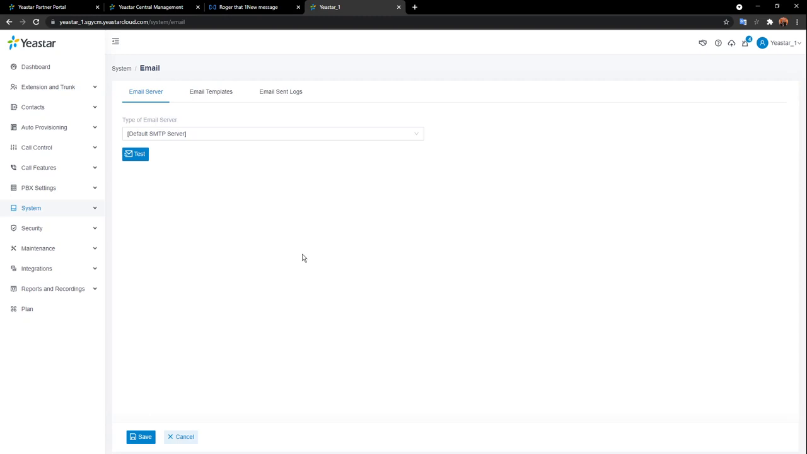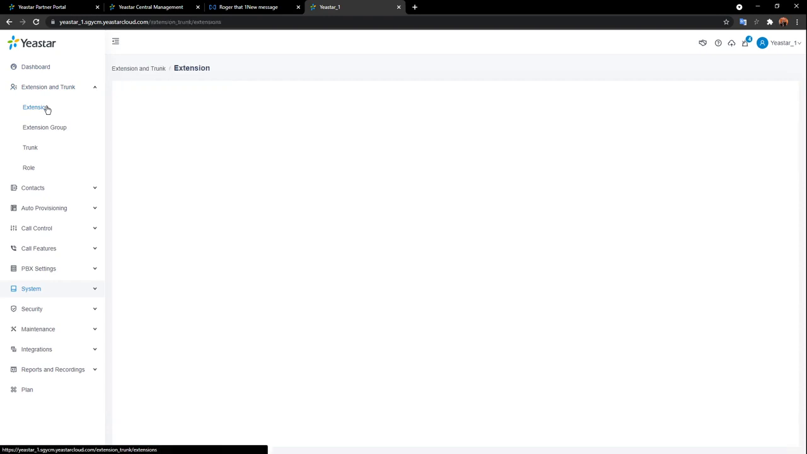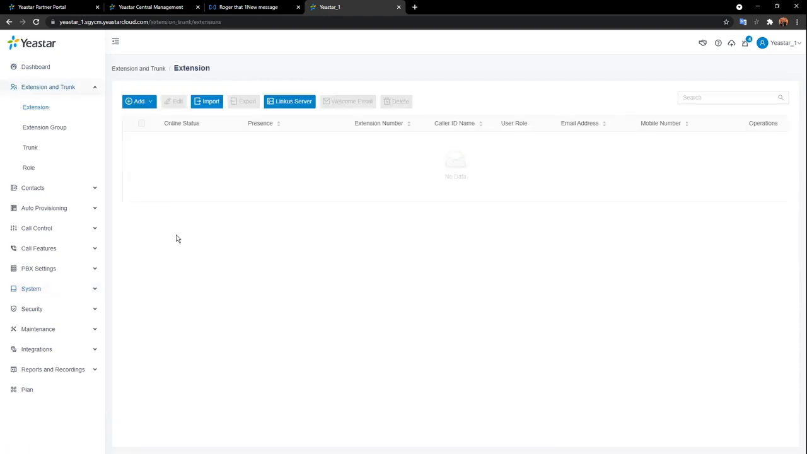So what we're supposed to do now is go click on extension and trunk here, and go click on extension. Like I said, to make use of this particular instance, you actually need a bunch of extensions for individual users. So here we can go click on add. We give you guys two options. If you click on add, you're going to create a single extension right now,